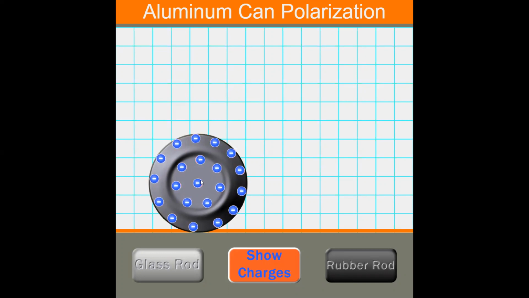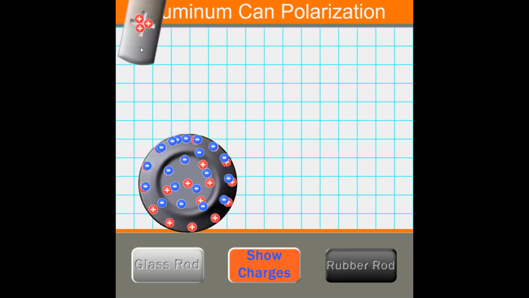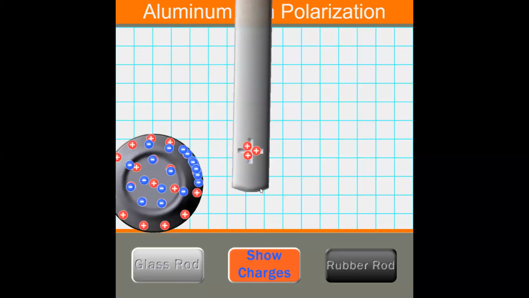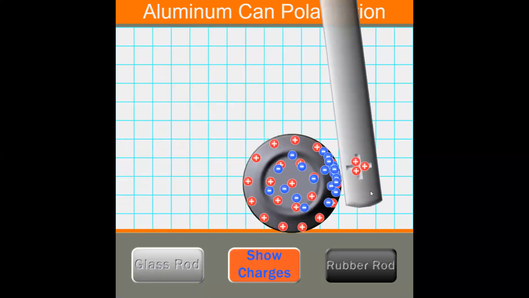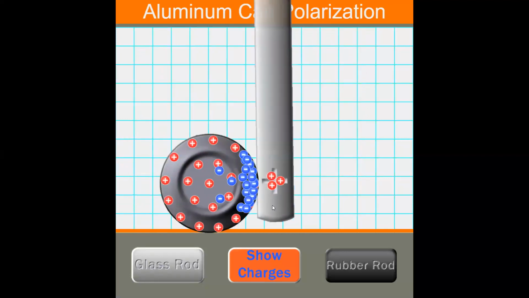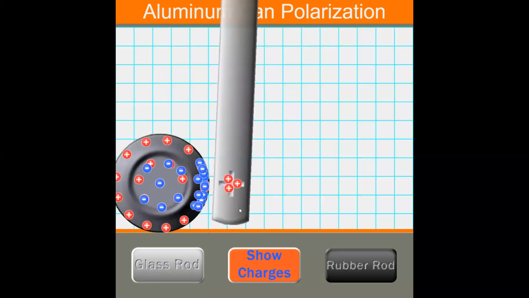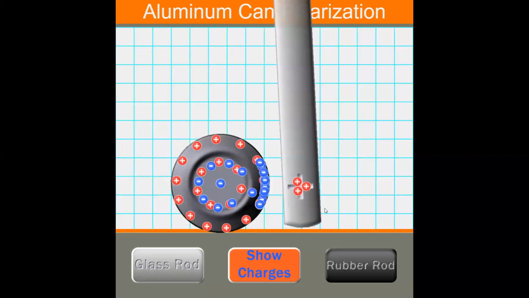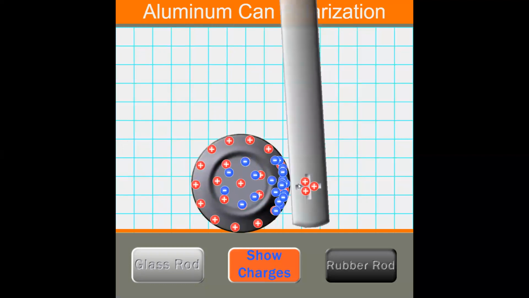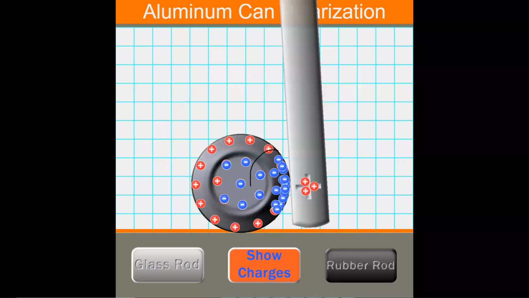But it is neutral. You just can't see the electrons are basically right on top of the protons. So what I can do right now is I can introduce a positively charged rod here, and you can see that the electrons just want to move as close to it as possible. Remember, from right here, we have a really strong attractive force